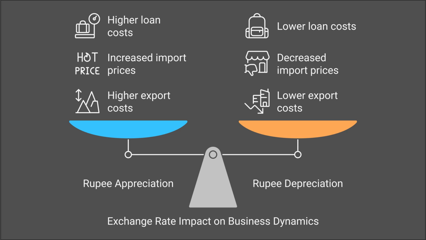Scenario 1, rupee appreciates. Rupee gets stronger. Now $1 equals 70 rupees. So what happened to your shoes? They still cost ₹1,000 to make in India, but now in terms of dollars, they are more expensive for US customers, over $14 a pair. You didn't change anything, just the exchange rate changed, but your shoes are more expensive in the US market. Scenario 2, rupee depreciates. Rupee gets weaker. Now $1 equals 90 rupees. So your shoes are still ₹1,000 in India, but now in terms of dollars, they are cheaper, and customers will pay $11 a pair.